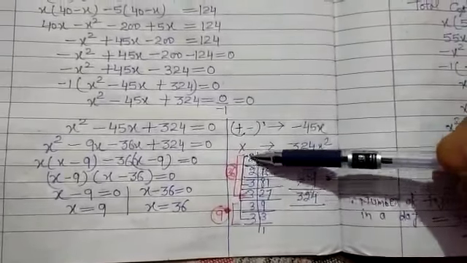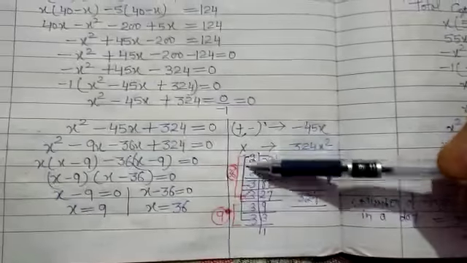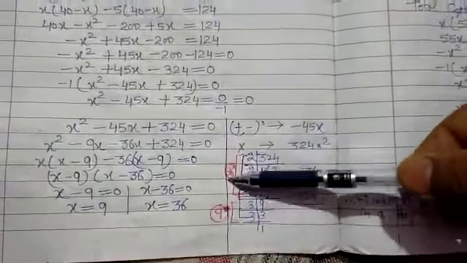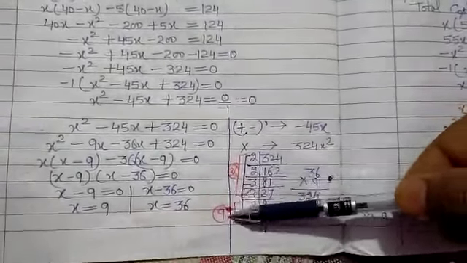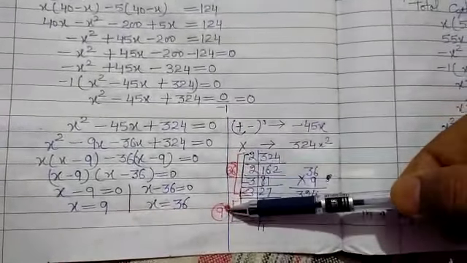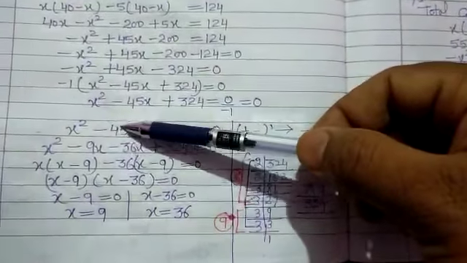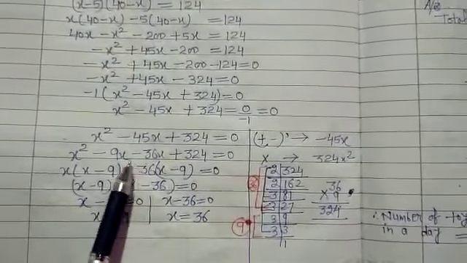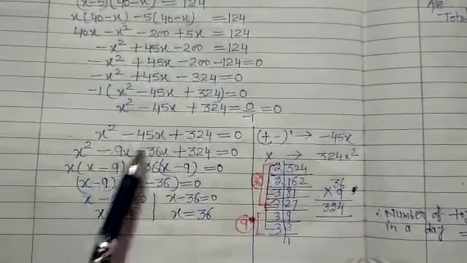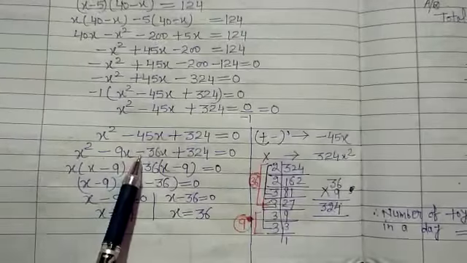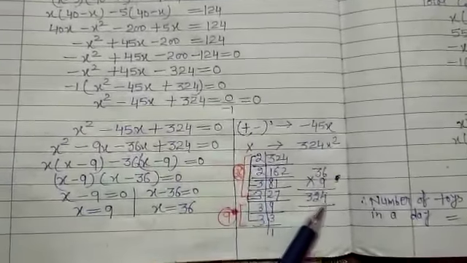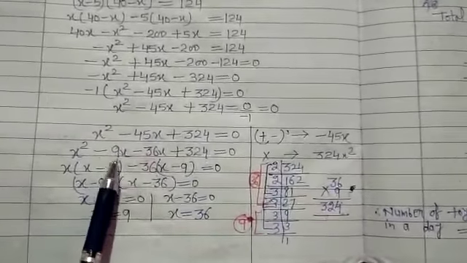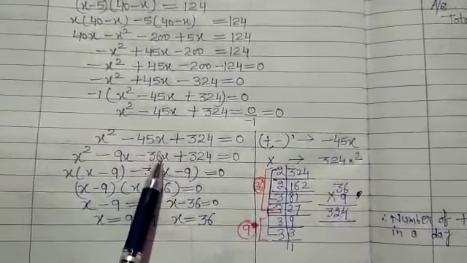When we combine the first four factors, 2 into 2 into 3 into 3 is 36, and the last two factors give 9. These are the two terms, because 36 plus 9 is 45, but 45 has the negative sign, so both terms, minus 9X and minus 36X, will be the right answer. When we multiply these two terms, minus times minus is plus, and 36 into 9 is 324. So both conditions are satisfied. It means the middle two terms are minus 9X and minus 36X.